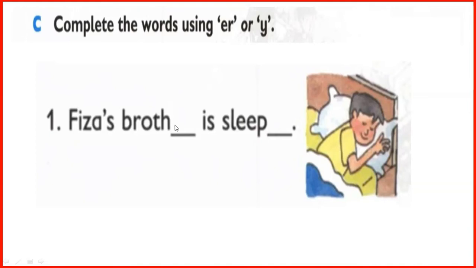Brother. Here, the R sound. Brother is sleepy. Fizza's brother is sleepy. Here we put er, yes, and here we put y. Fizza's brother is sleepy. Okay,